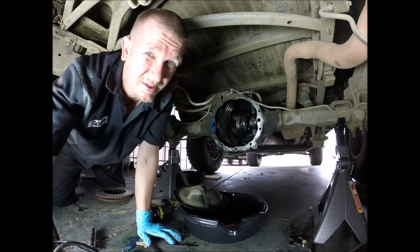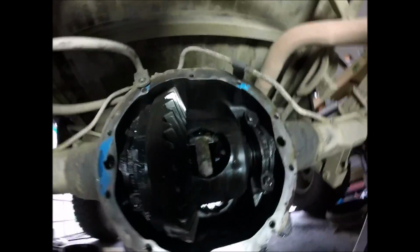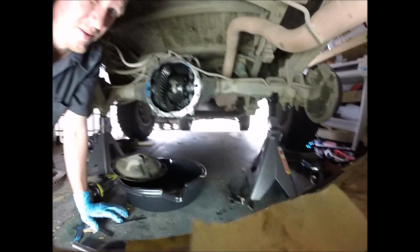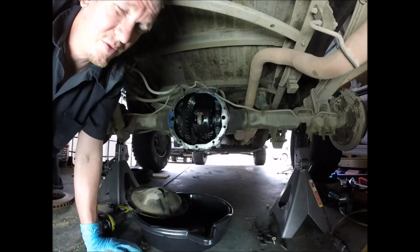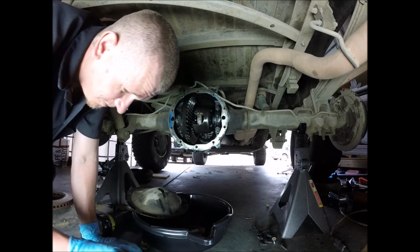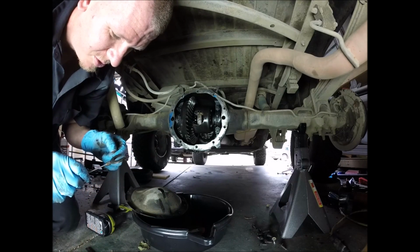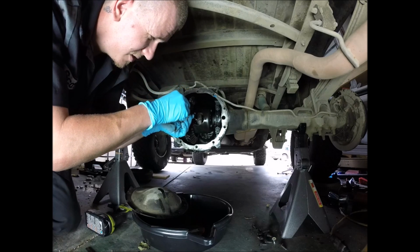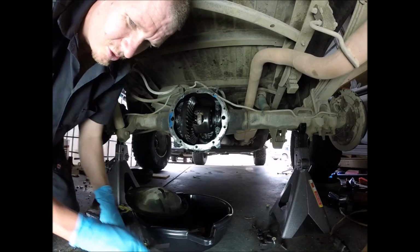Alright, you see, now right inside there is the axle shaft. Let me move you over a little bit. Hopefully you can see it right there a little bit better. C-clip. Make sure you don't have any debris on it, and slide it right inside there. Make sure you push it all the way down